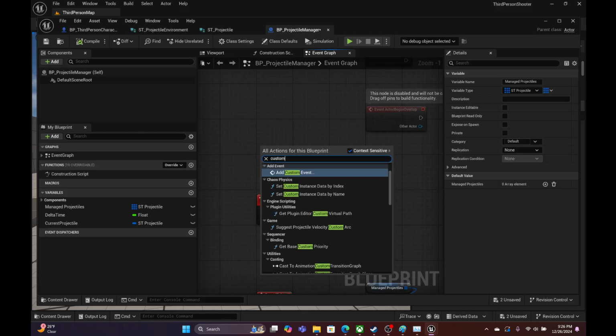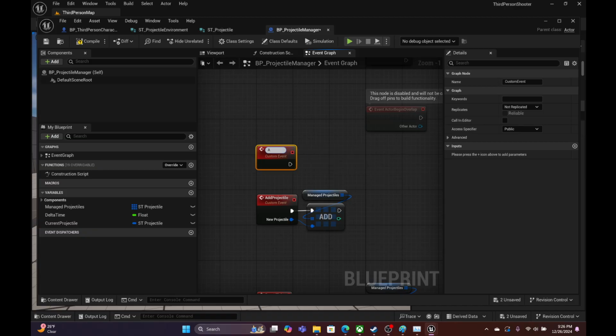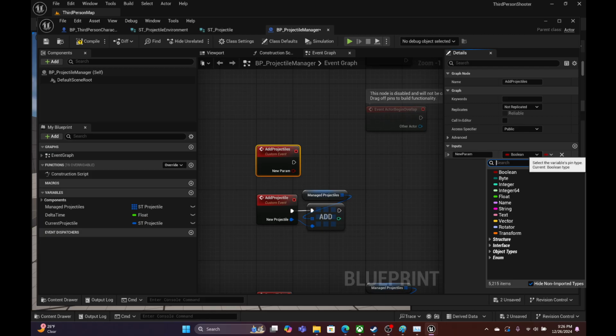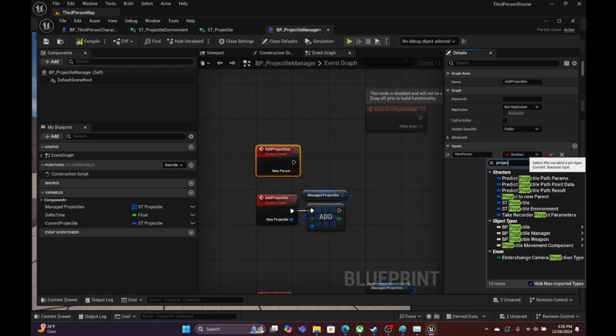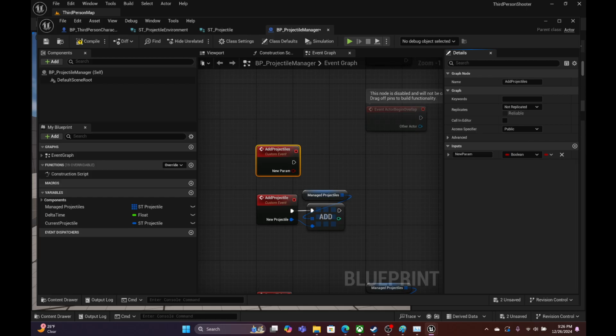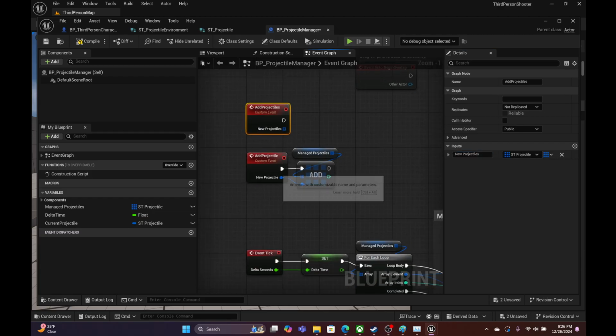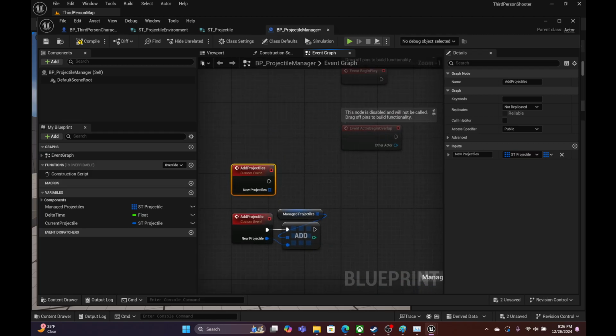So just do a custom event, add projectiles, and this will take a projectile struct array, new projectiles. All right, so now we have the ability to add a single projectile into our managed projectiles, or we can add